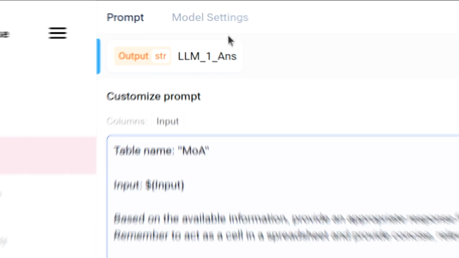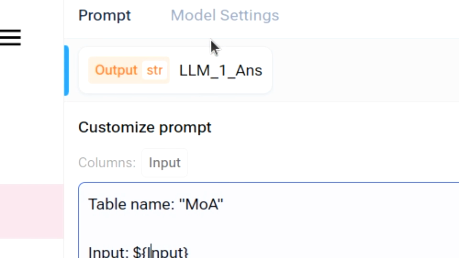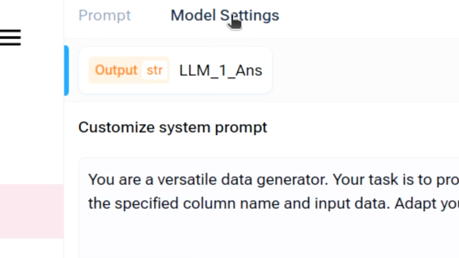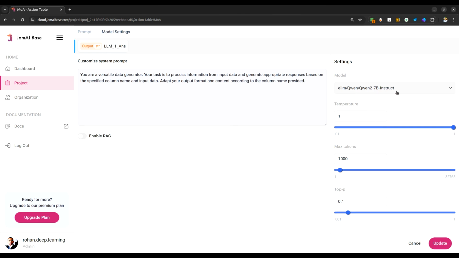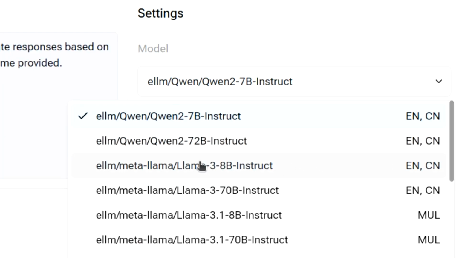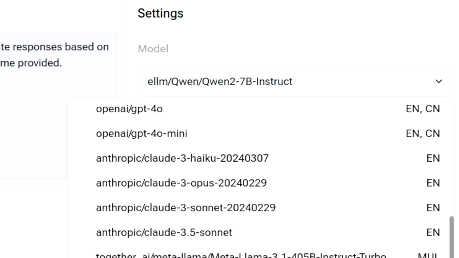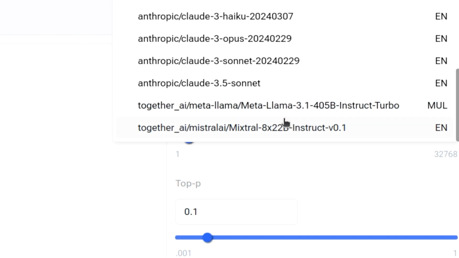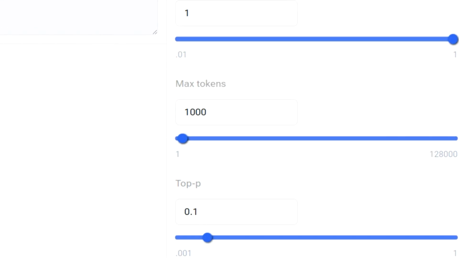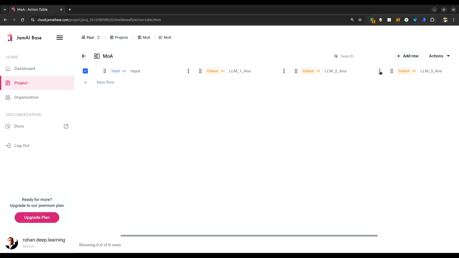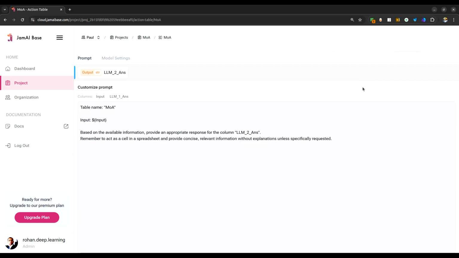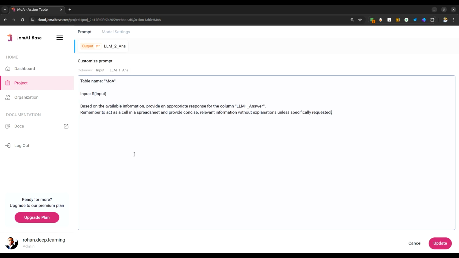And before proceeding ahead, you also need to do the very important stuff, which is select the model that will be used for my LLM1. So you come to the model setting heading right here and choose the model from the drop down, and for this one I'm going to choose the latest and the biggest Meta Llama 3.1 405B. Update. So next I'm just going to LLM2, open settings, change my prompt, and also it is taking the value from the input column,